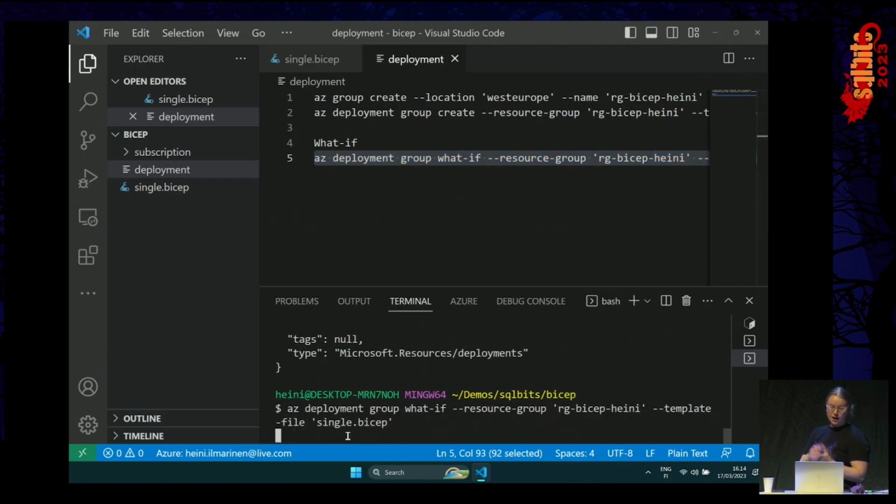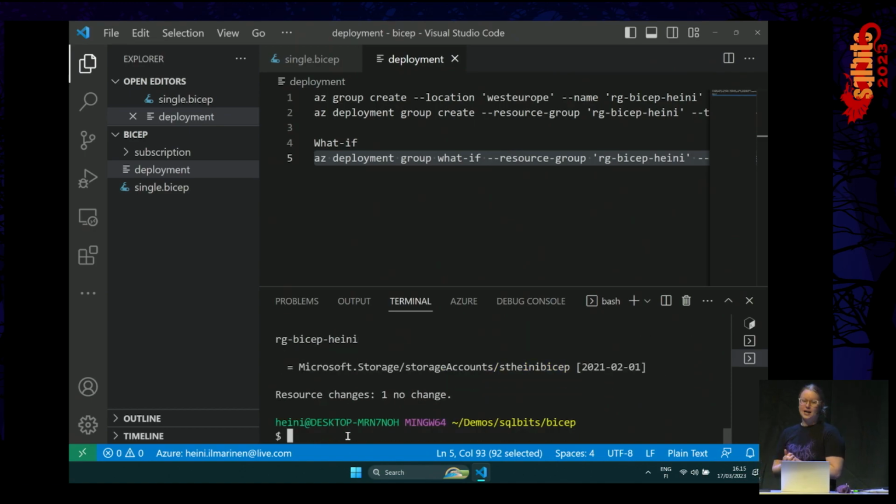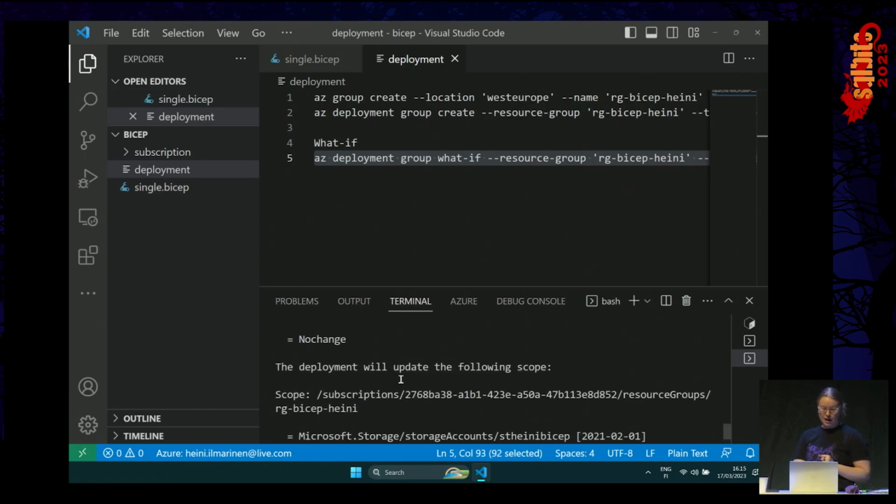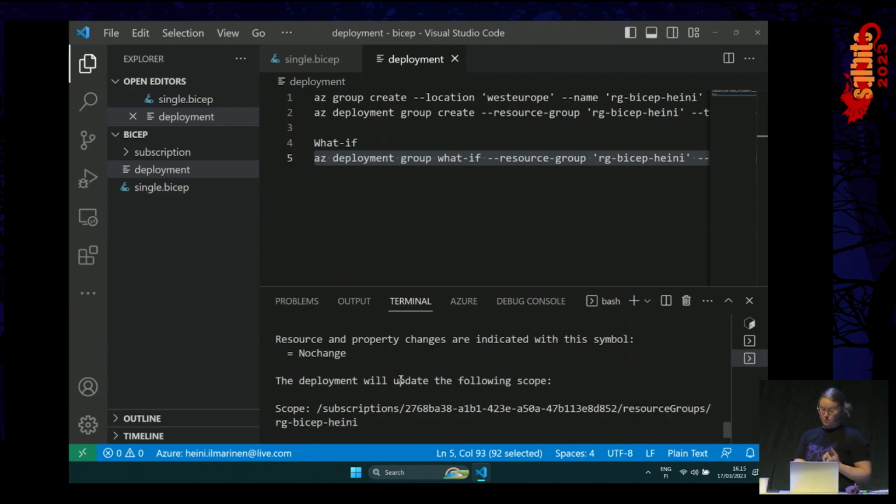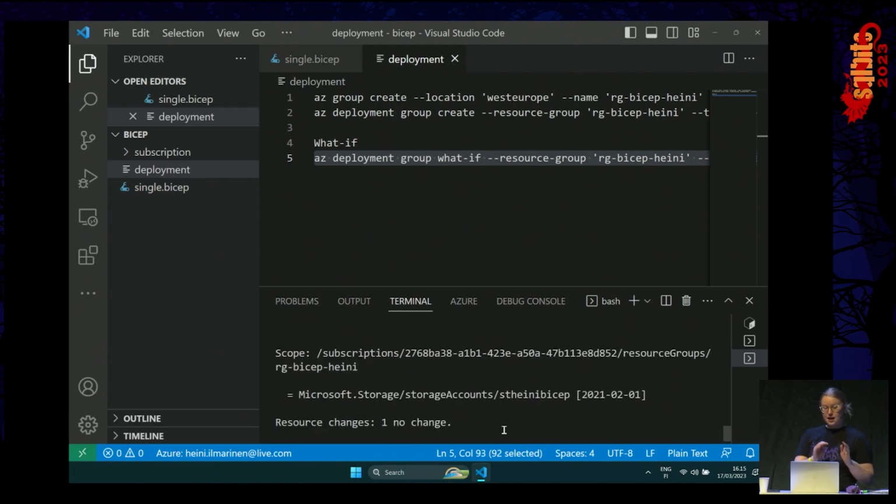Right now, it's this az deployment group what-if. So that can show us what kind of changes it puts into place. My experience with this is that it works some of the time. It is not 100% bulletproof. Sometimes it's not able to show you all the changes that should be made. I'm not sure, but they are still working on it to make it work better, and it has gotten better over time. So right now, we have the same configuration as we had before, so it's going to say that there's